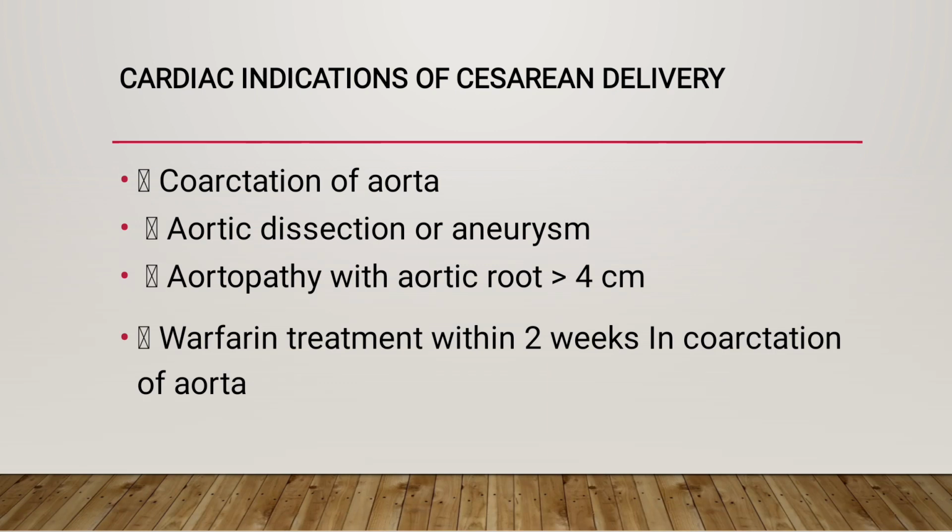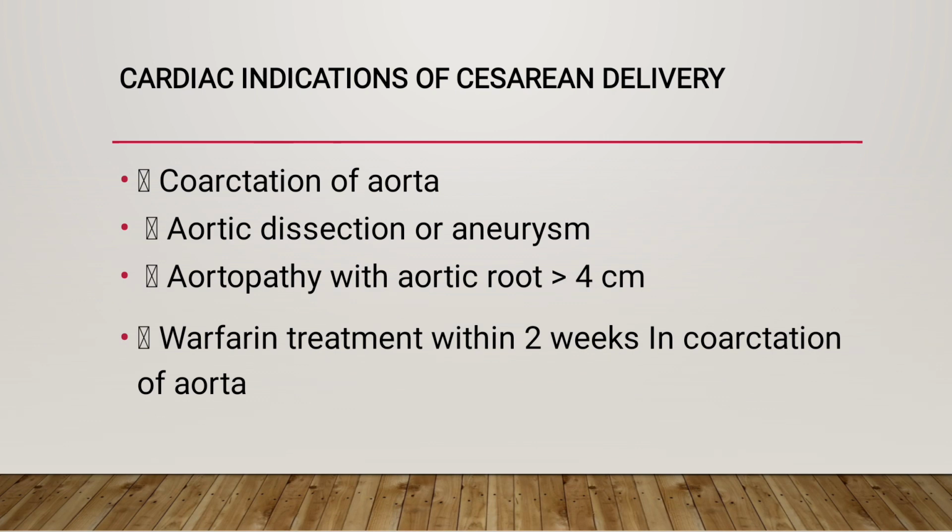So how should we manage the contraception period? Steroidal contraception is avoided as it may cause thromboembolic phenomena. So steroids should be avoided. Then intrauterine device, that is copper IUCD or LNG IUS, is often avoided for fear of infection, even though WHO permits its use. Then progestin only pills or parenteral progestins are safe and effective. They may cause irregular bleeding, especially if the patient is anticoagulated. Then barrier method of contraceptives, that is condom, is the best.